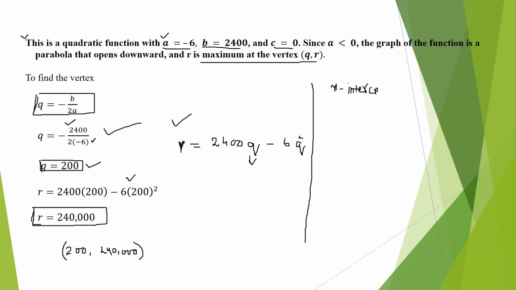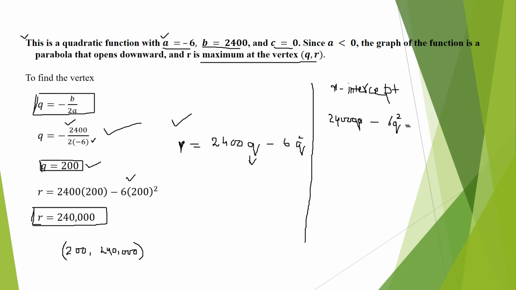So here it will become 2400q minus 6q square